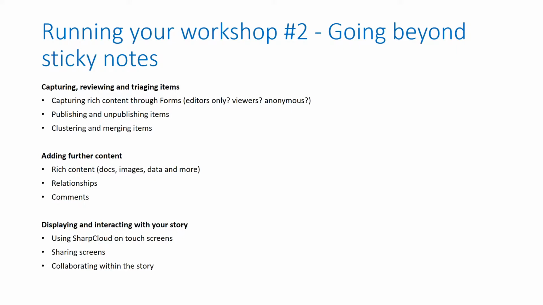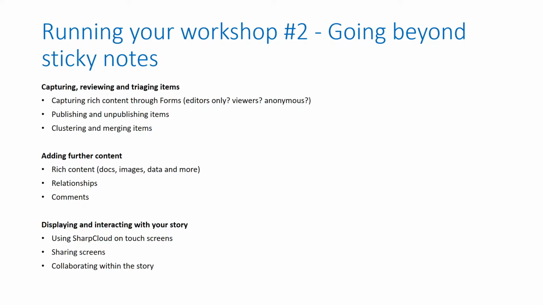And you can also capture information from comments. So if you're in a workshop where there are some people remote, they might not be able to contribute on the phone. It might not be easy for them to comment on something that someone else has just posted up, because it's not always easy to get a good signal or accommodate people from a voice perspective. They could be commenting on the items, and those comments pop up on the story in a very obvious way, using a little comment bubble, which we'll see.